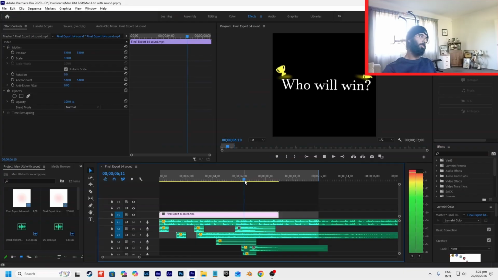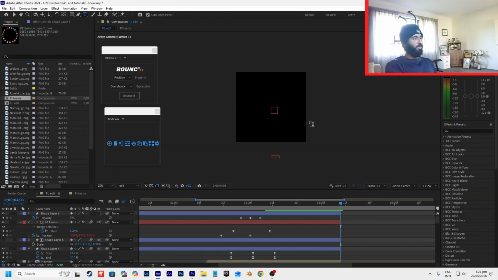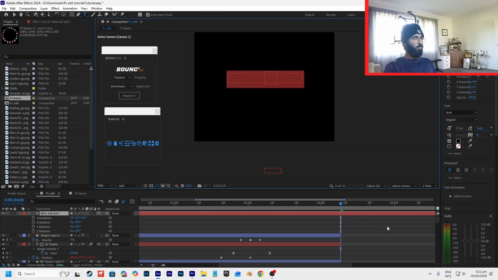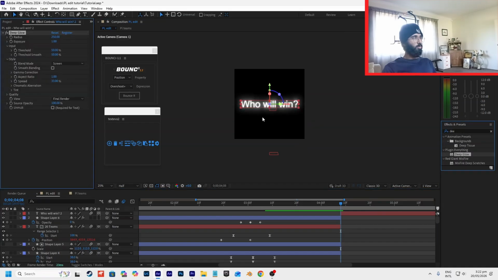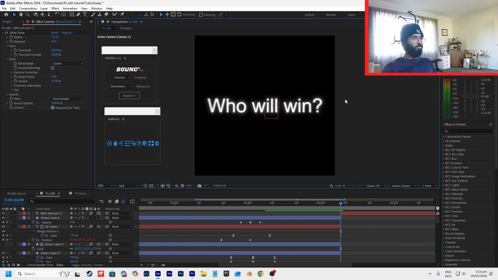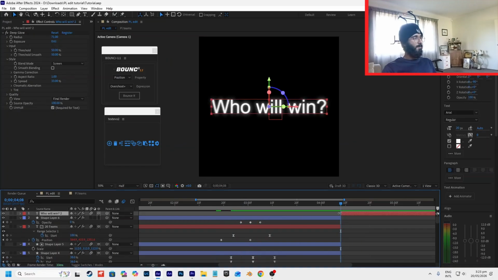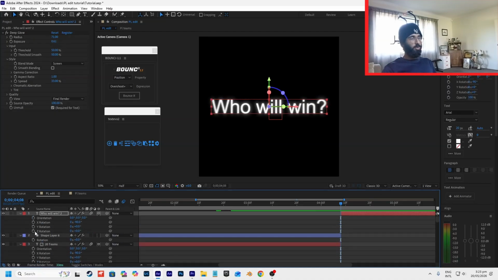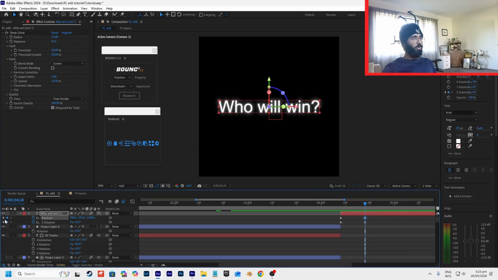So to get this little shake on the who will win text, we're just going to use the bounce effect. So with that, it's just going to be the position and keyframe, the position and the Z rotation only, and go a little bit forward, so a couple of frames, and keyframe them again, and then go back to the first one. We're just going to add a little bit of tilt and a little bit of movement here,